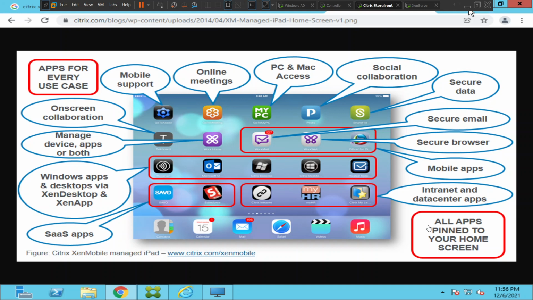In this video, I would like to talk about one of the Citrix products, which is Citrix Zen Mobile or Citrix Endpoint Management. So most of the guys have heard about Citrix Virtual Apps and Desktops, Citrix NetScaler, Citrix Application Delivery Controller, Citrix Zen Server, but Citrix Zen Mobile or Citrix Endpoint Management is one of the key products, or important products, that we have from Citrix in the market, and many customers use this product in the Citrix environment.